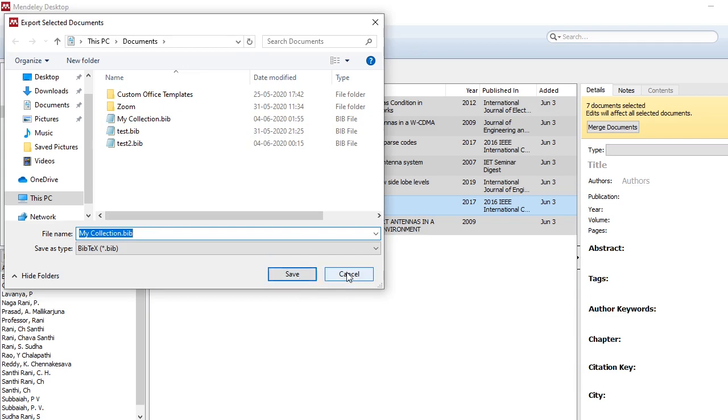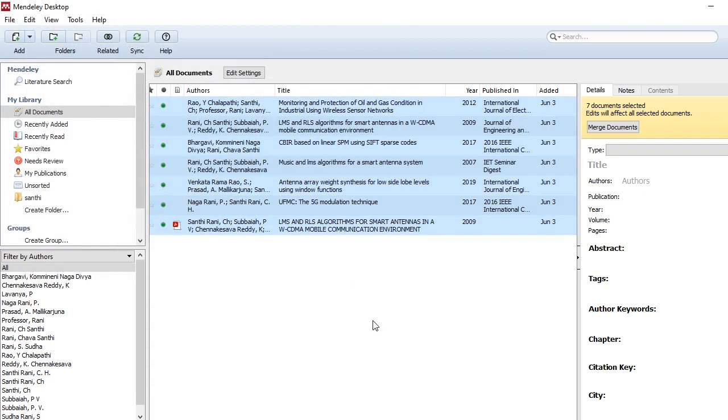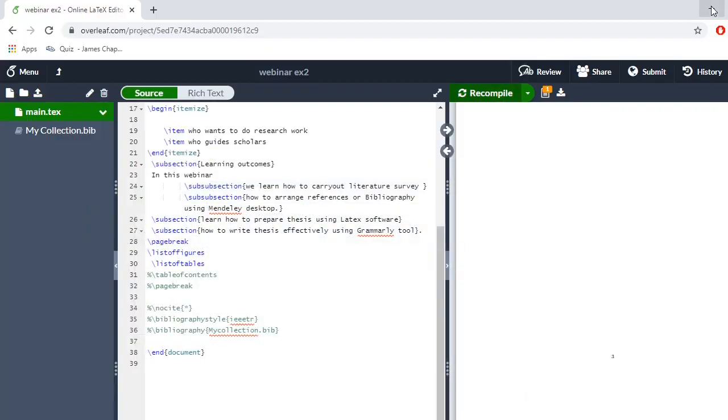So after saving this, you come back to your Overleaf, and here you can just see this upload button. Because I have already uploaded, it is showing mycollection.bib. Otherwise, when you press this upload button, it will upload and save this file here in this location.